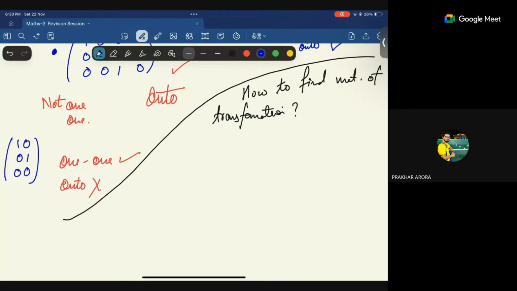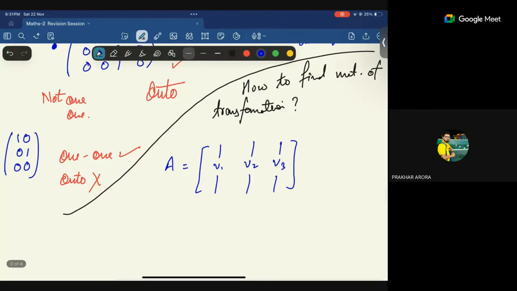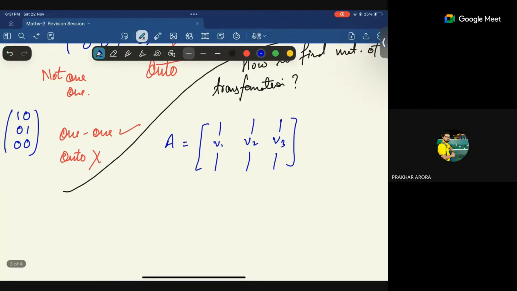See this thing. This is my matrix A. Now we have entered week 6 and week 5 here. Week 6 will be finished here. What is this matrix? What is the meaning of this matrix? Now I'm going to tell you one more piece of information here, and for this question we need this information.